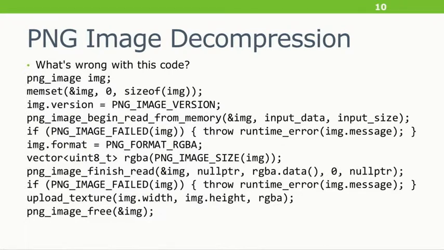So here I've got some actually realistic code that's using libpng 1.6's simplified, this is the simple version, API to decompress an image into RGBA format and upload it to a texture somewhere, and then we're done with it. Upload text or some other function. So this code, it will compile, it'll work, but it's wrong. What's wrong with it? Who knows? Who can see what's wrong? Okay, I got a few hands. I know it's a lot to digest.